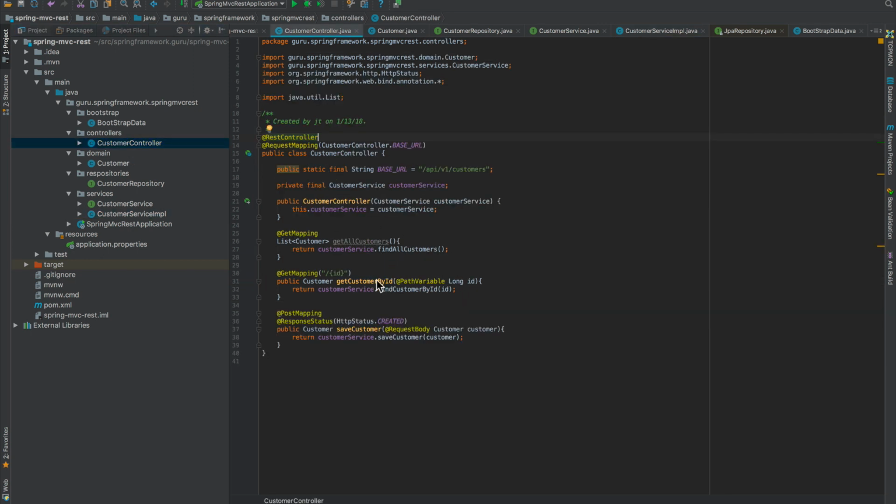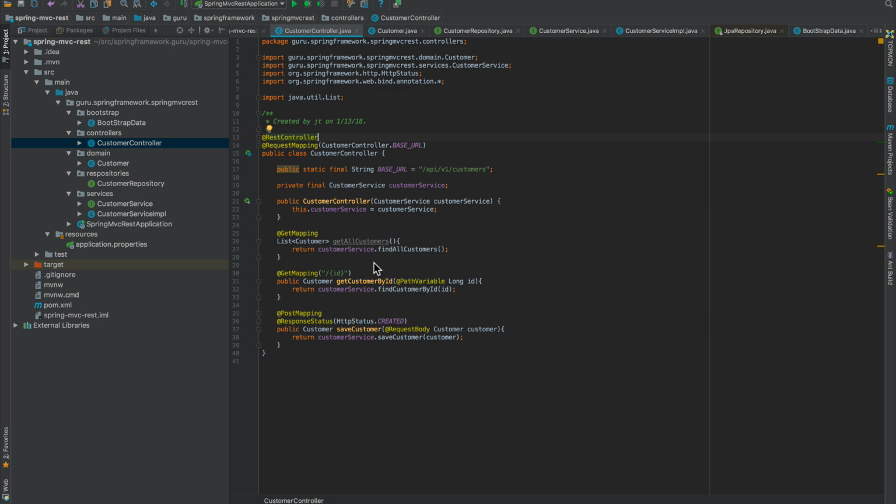I have mapped out 3 different paths on this controller, or URLs. So everything is utilizing the base URL of API v1 customers. And when you're dealing with RESTful APIs, a lot of times you're going to see an API v1 and then a v2 and v3. As that API evolves, you'll change the version to allow clients to use the old version, then switch over to the new version when they're ready. Now here, like I said, we have 3 implementations. If you just do a get against that URL, we are going to get a list. If you do a get with an ID value, we are going to return back an entity with that ID